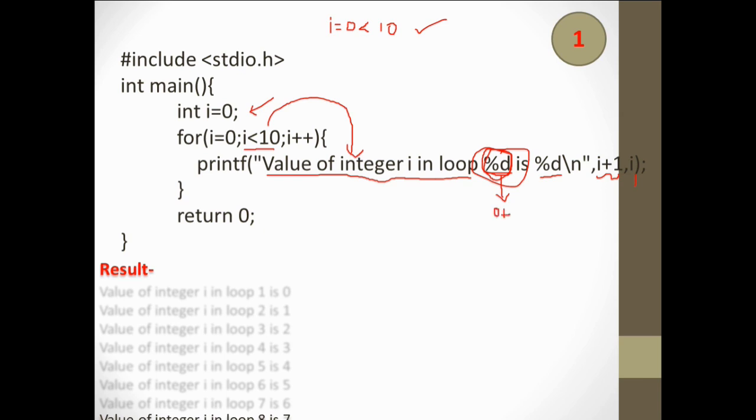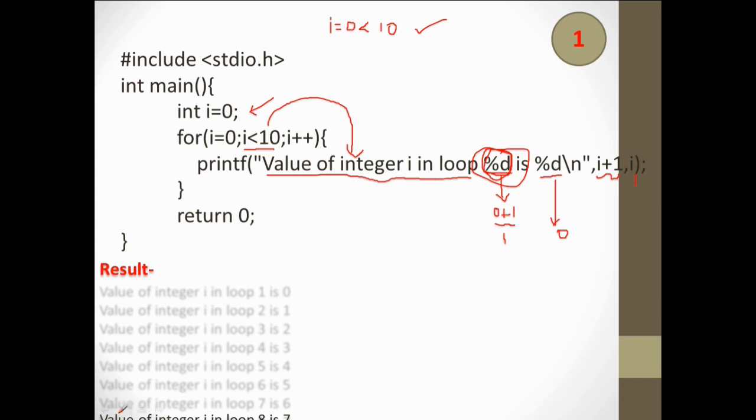So in place of the first %d, it will print 1. And in place of the second %d, it will print the value of I, which is 0.